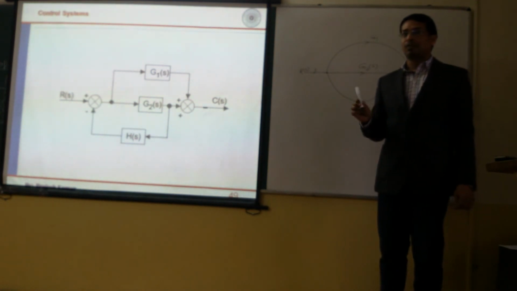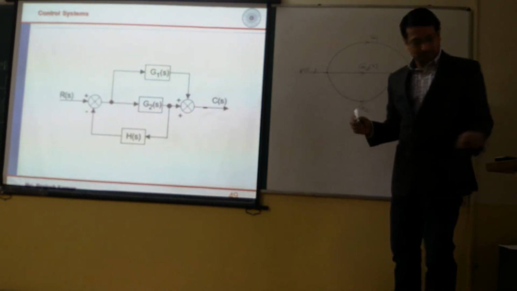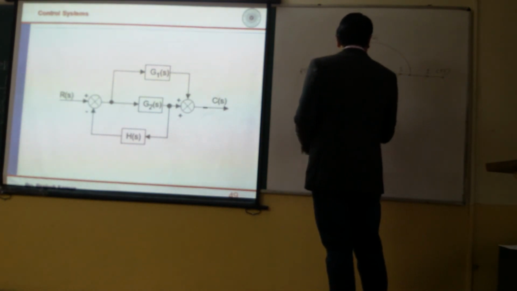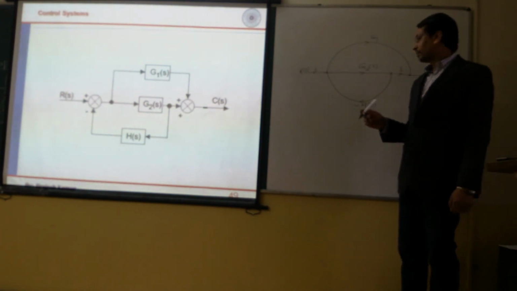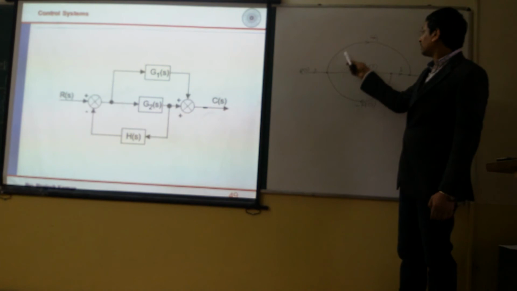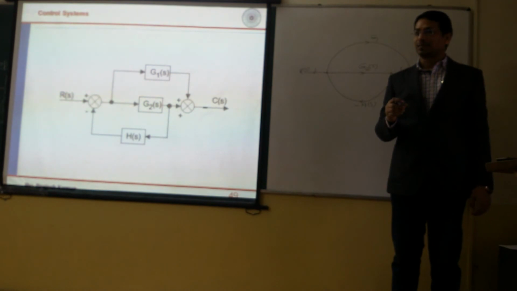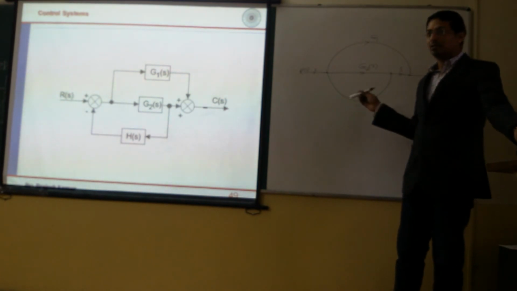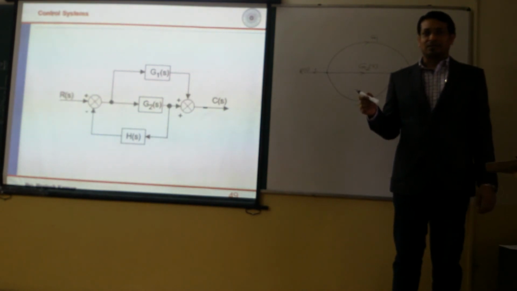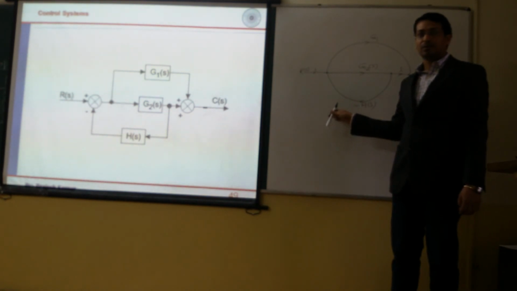Is your corresponding signal flow graph like this or not? Minus H's over here. Here one, no? Yes. Anything else? Minus H's. Okay, G1 with positive. Have you got this? If you have solved like this and got this answer, well and good. But how many of you have got this or something different?